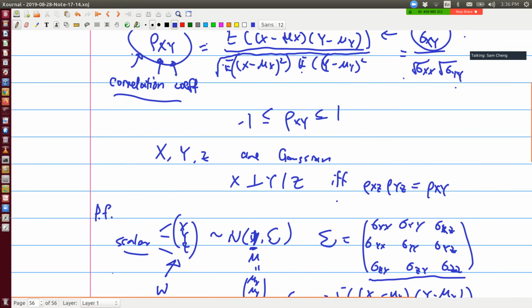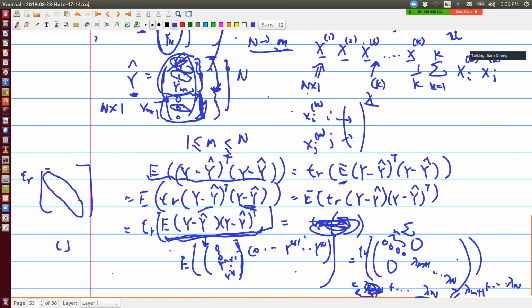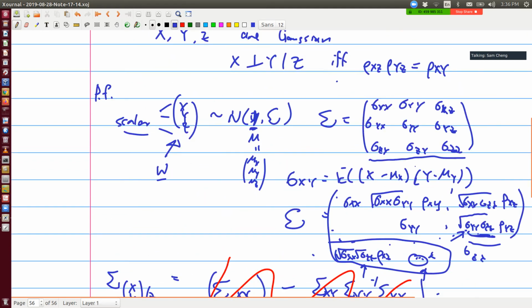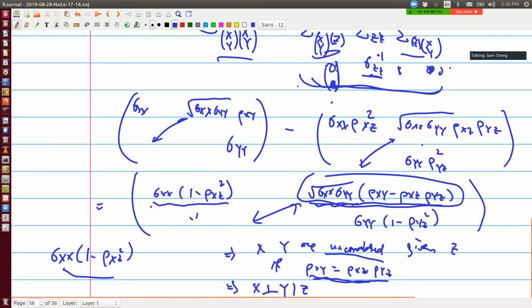It's essentially just this equation, but scalar. Then you get this result here. Yeah, because when both x and z are scalar,